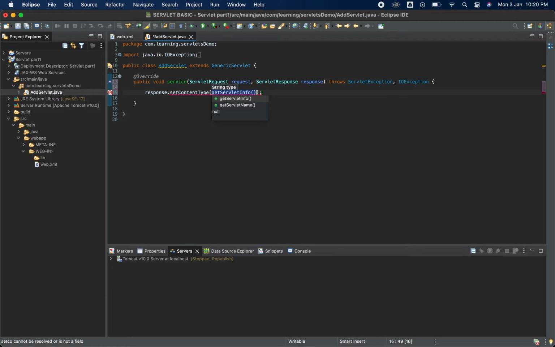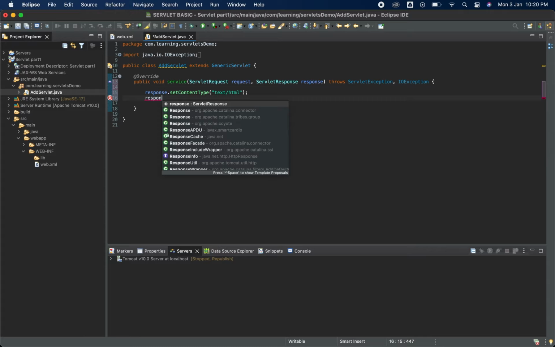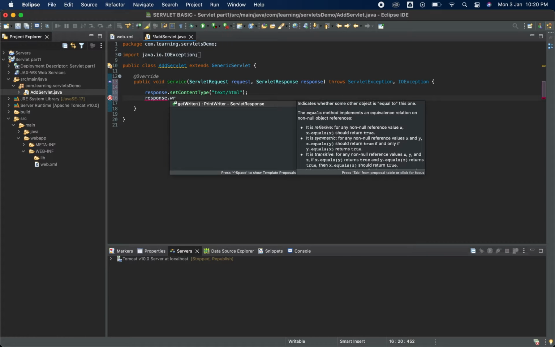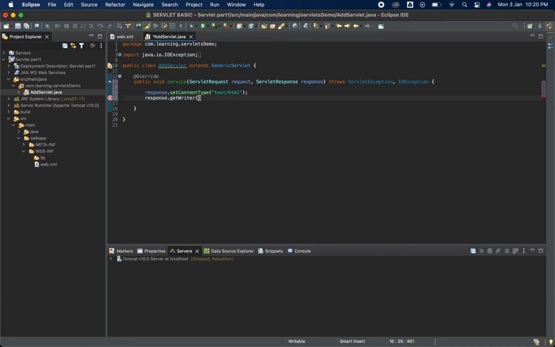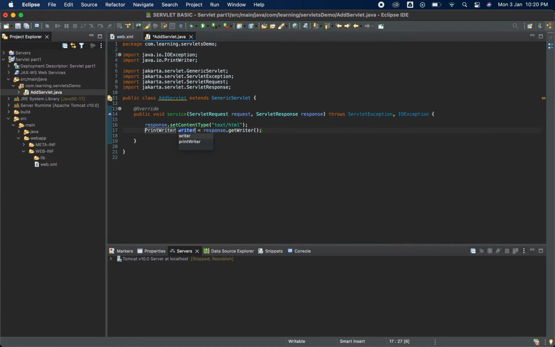What type of content we will be sending, we need to declare that first. That will be text/html. Then we need to write the data with getWriter, and assign it to a local variable.